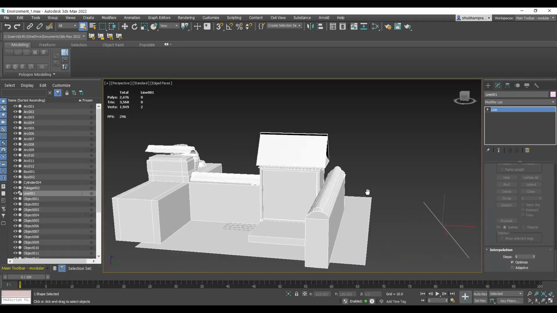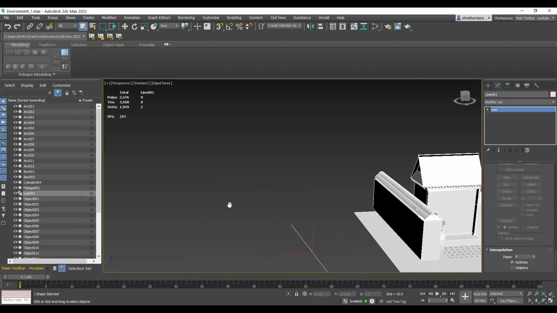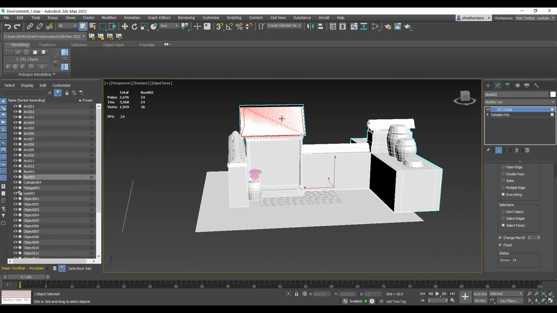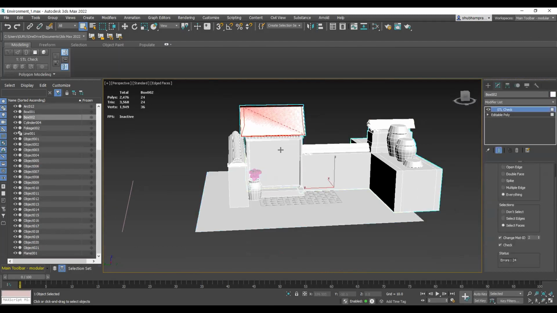So here it looks clean. Select your model. So here also I can see that clearly, there's an issue. The roof also has a problem. Select this building. Next, that wall. This one. Next.